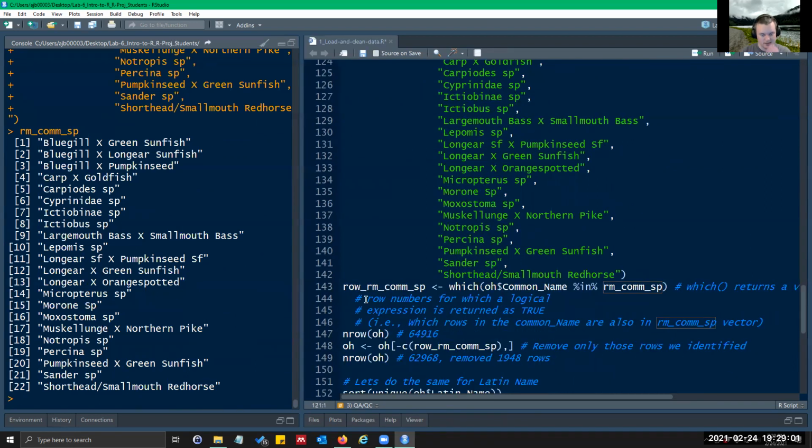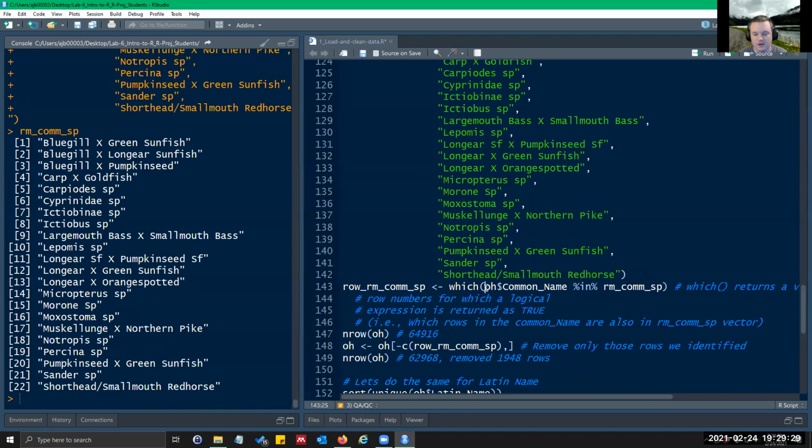Now I'm going to create a new object, which is the rows for which I'm going to remove the common species names. And I'm going to assign it to that. So this which command will output row names for which a logical operator is true.